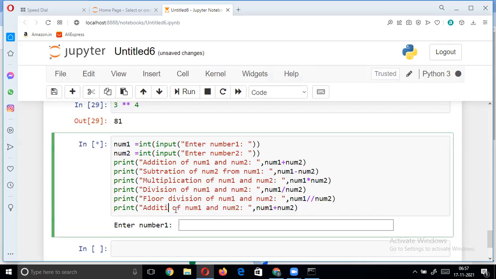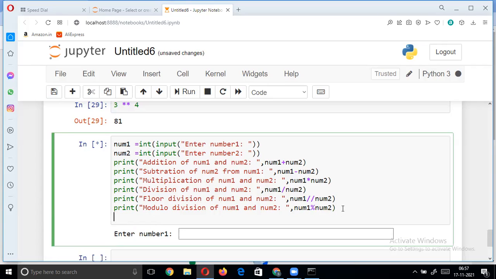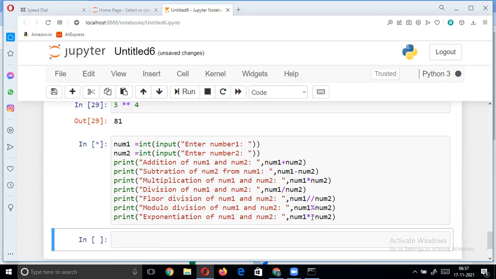Modulo division and even exponentiation. So we'll execute this.